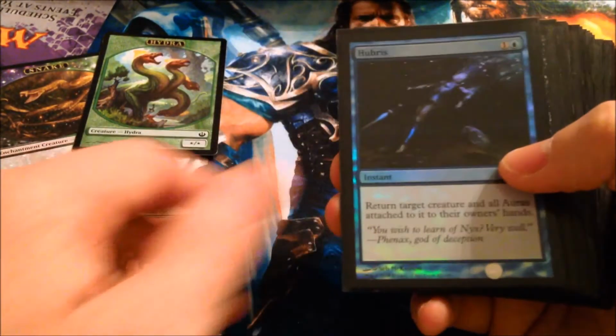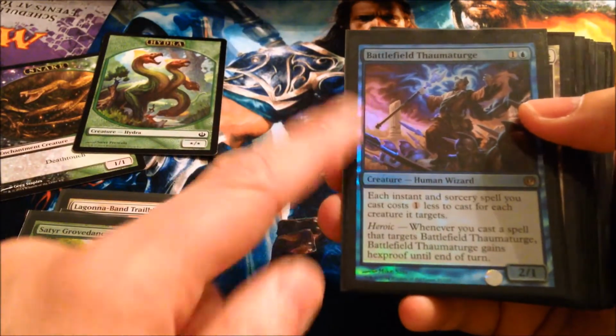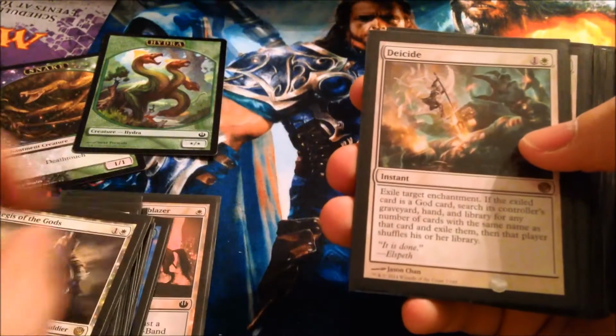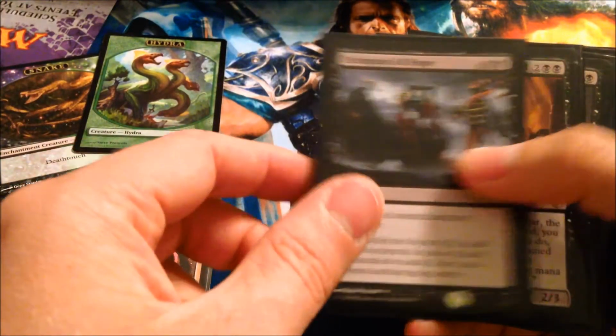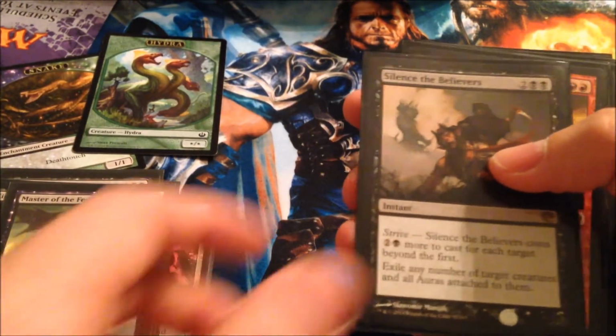Lagana Band Trailblazer, Hubris, Cast into Darkness, Tormented Thoughts, Satyr Grove Dancer, Battlefield Thaumaturge of the rare. Now on to some regular rares. Aegis of the Gods x2, Deicide, Dictate of Heliod, Dictate of Erebos, Extinguish All Hope, King Makar the Gold Curse, Master of Feasts, Silence the Believers, Dictate of the Twin Gods,